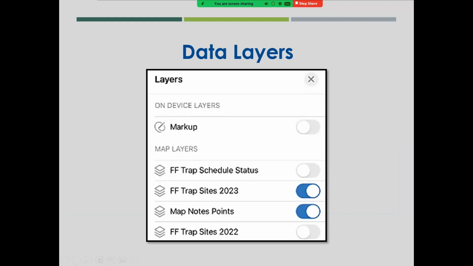And for fruit fly this year, there is a reaction being done by the GIS group. So overnight, there are scripts that are run based on the activity entered. We'll talk a little bit more about that later. But the trap sites 2023 layer is where you will enter your trap site locations and activities based on those